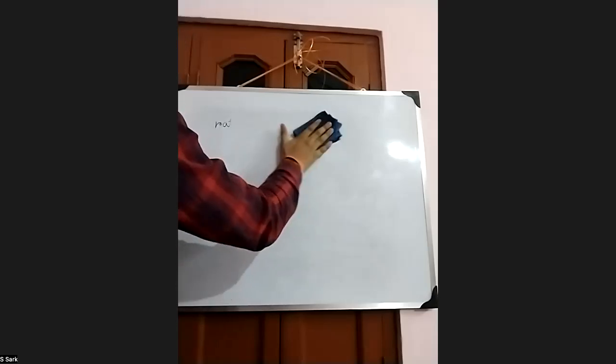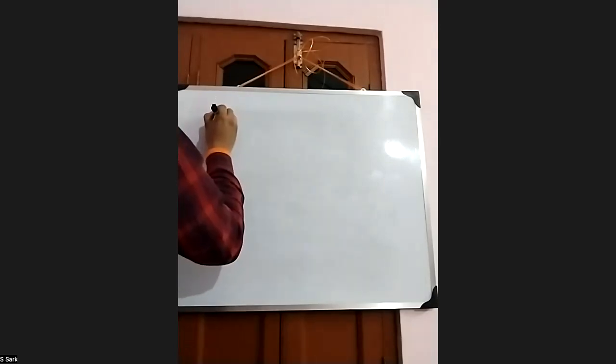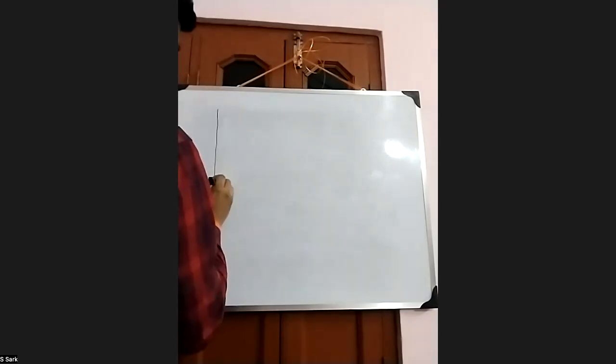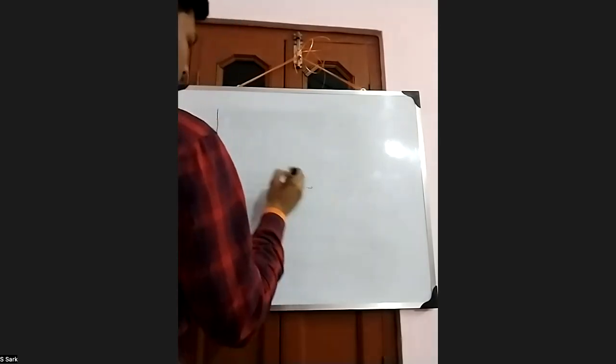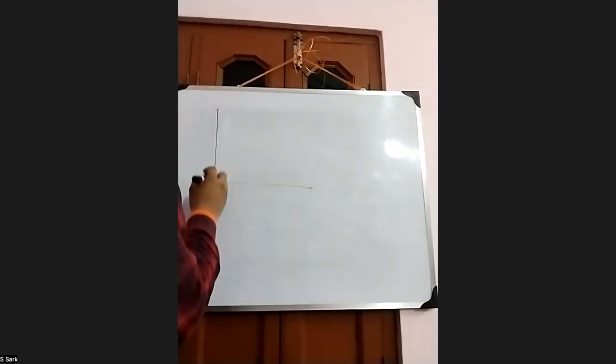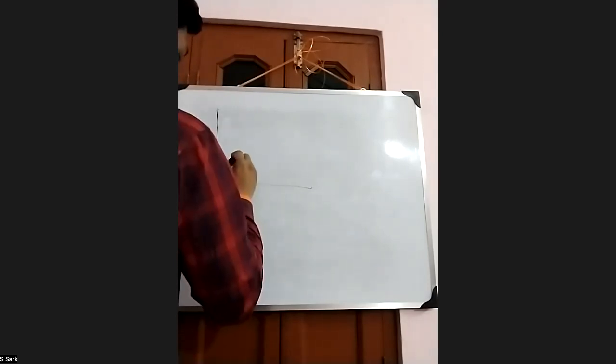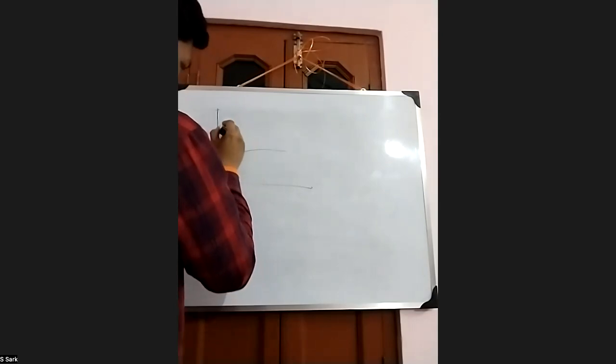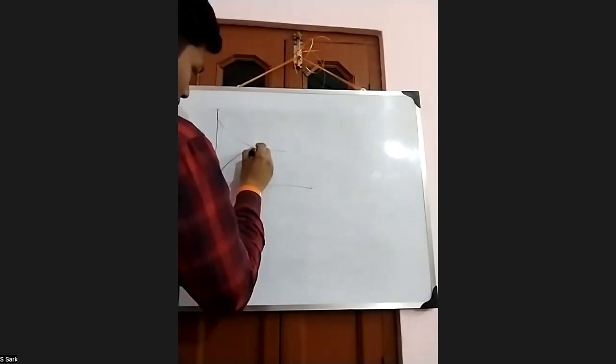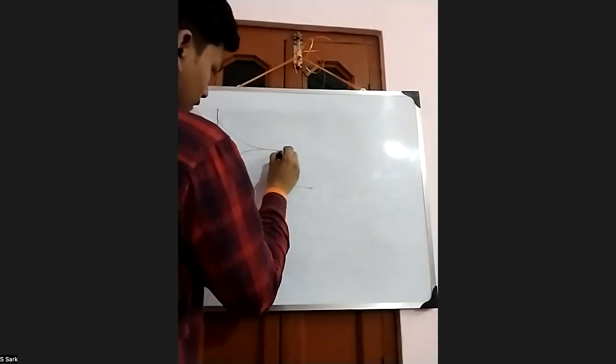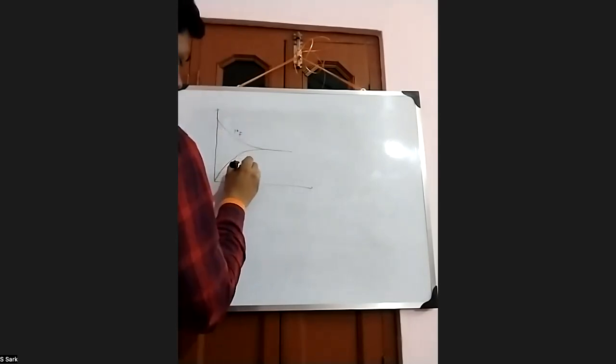For a reversible reaction, this is rate forward and this is rate backward. And this is time. So for a reversible reaction, the plot between rate versus time will be looking like this,